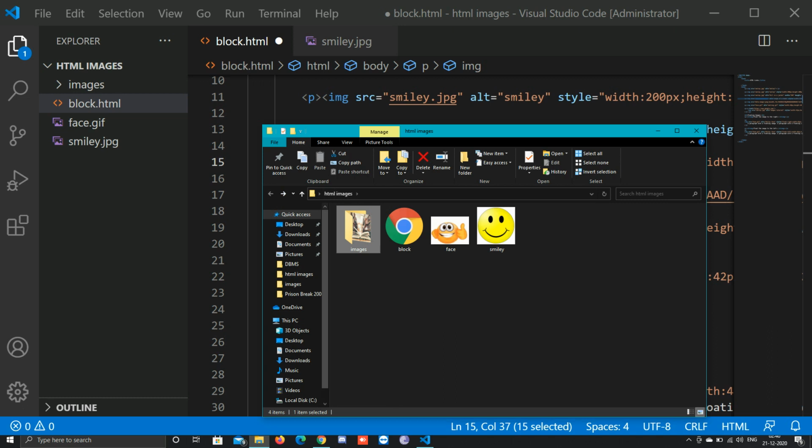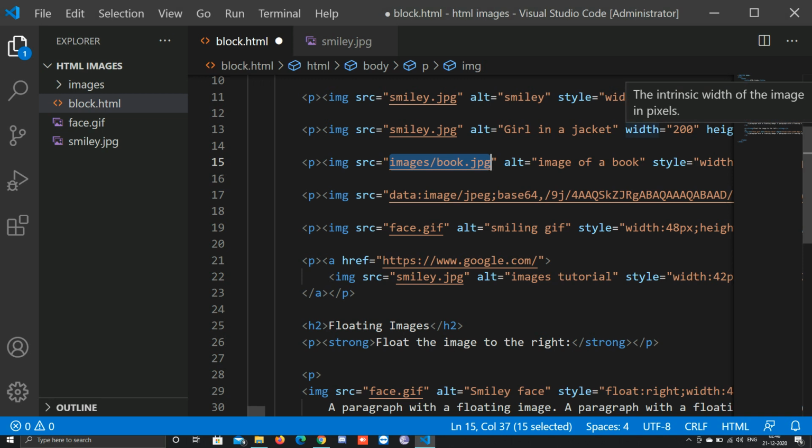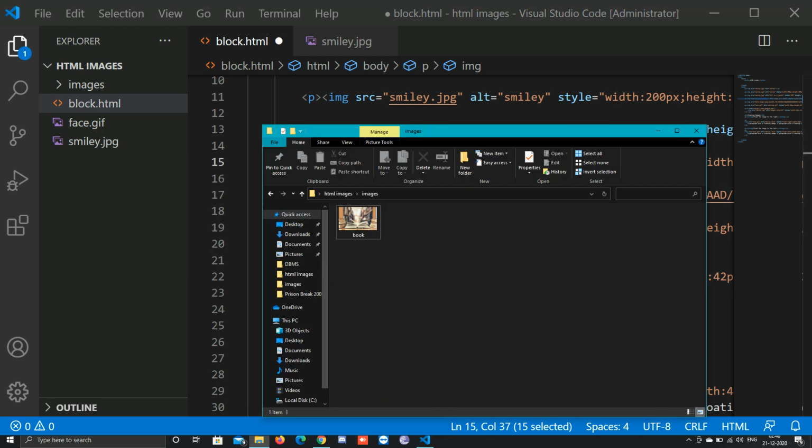As you can see, in this folder named HTML images, there is an HTML file, a GIF and an image named smiley, and there's another folder named images, and inside this folder there's an image named book. So I have to display this image on the browser. In order to do that, first you have to write the name of the folder, then slash, and then the name of the image. So on the browser, as you can see,